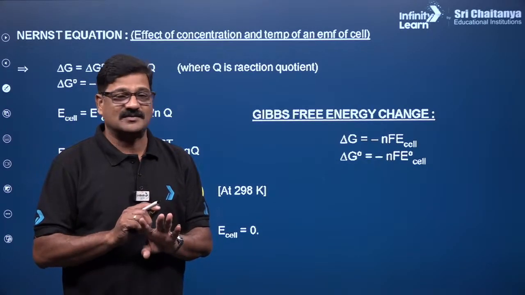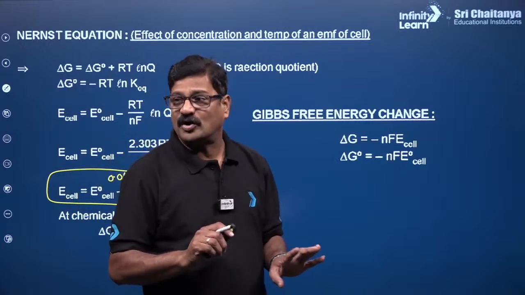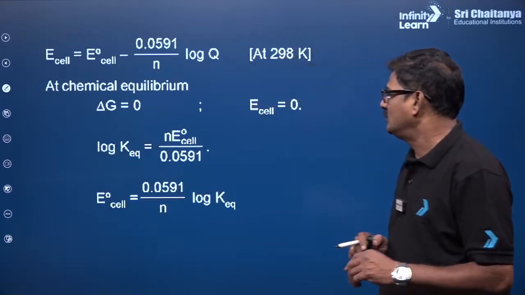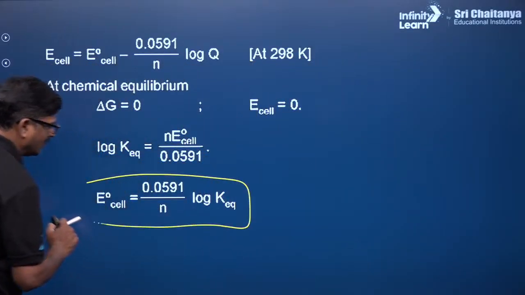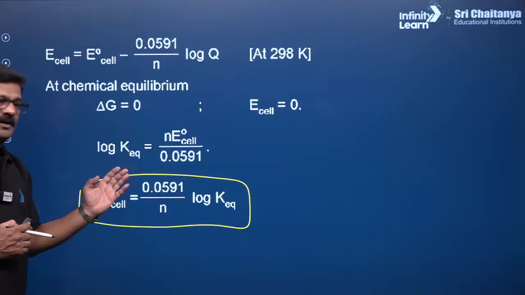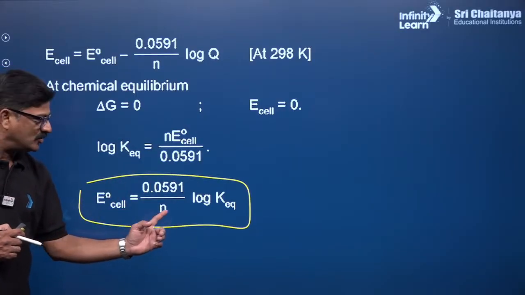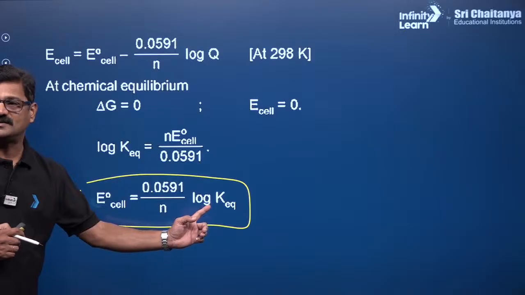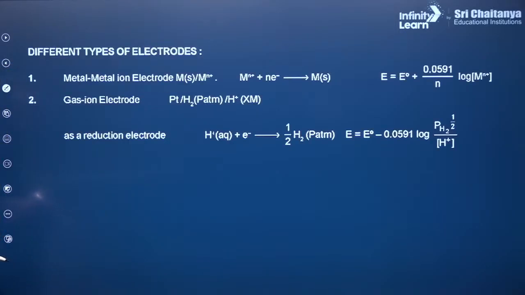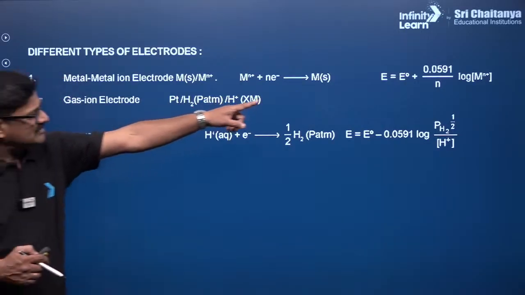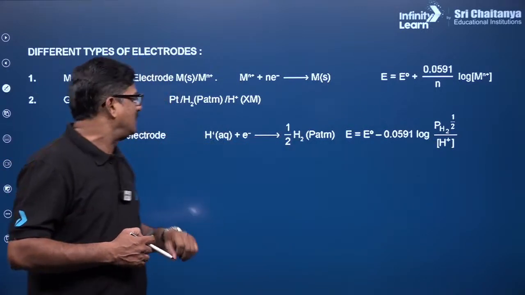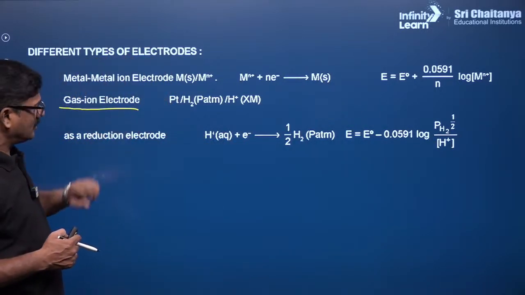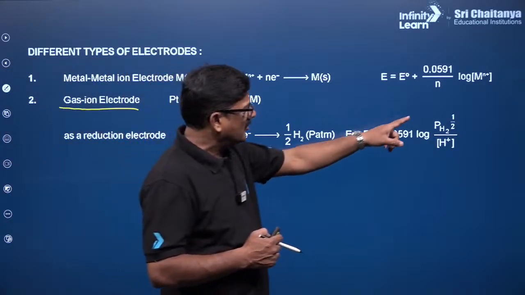Okay, electrode potential values are not additive, you can't add them, mind it. And also at equilibrium, E naught cell you can directly use, it is equal to 0.0591 by n value log equilibrium constant value. Okay, and also different types of electrodes, metal and metal ion electrodes are there. You can directly use the Nernst equation like this. So for the metal ion electrode you have to take the equation, and for the gas ion electrode, you can say the pressure upon the